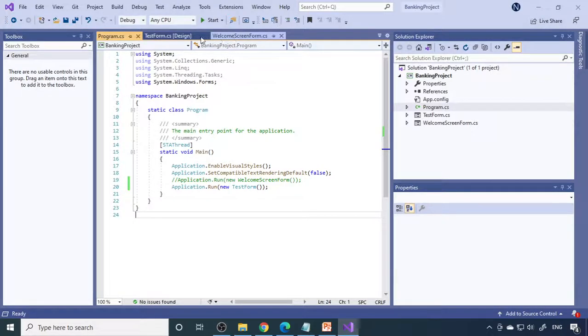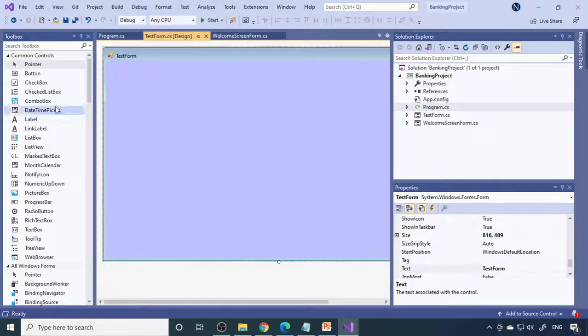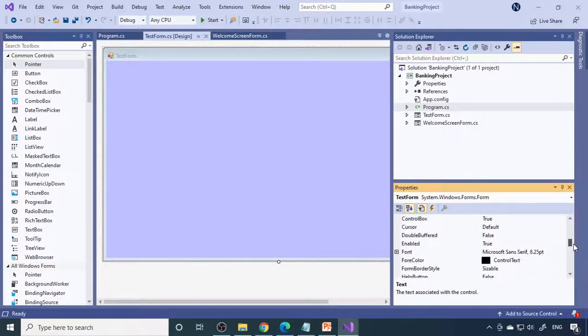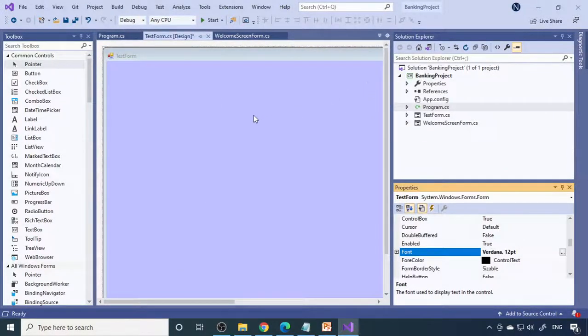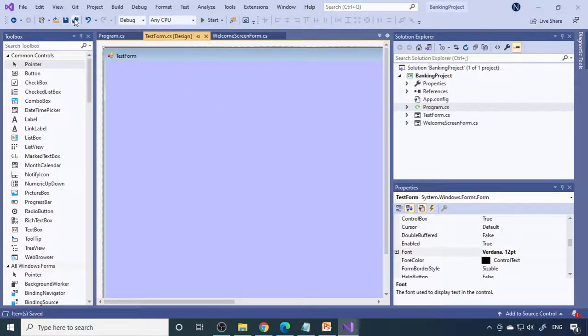So here we'll use some important controls. Fine. So first you go to Label. Before going to the label, we have some more properties. The other property is the Font property. So select the Font property and select the font which one you want and make it 12. Okay, 10 or 12, and okay. That is one thing. Now we take the label, because that font is applicable for labels also.